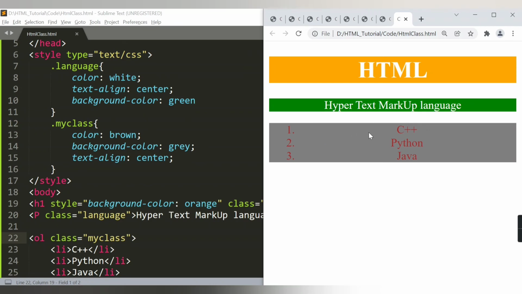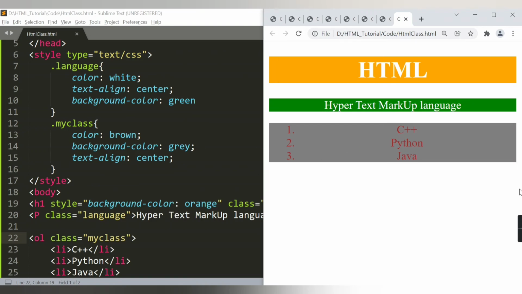So see, now I have provided it in the ordered list, so the entire ordered list is getting all the properties of my class. Color is brown, background color is gray, and text align is center. So in this way you can make use of this class.